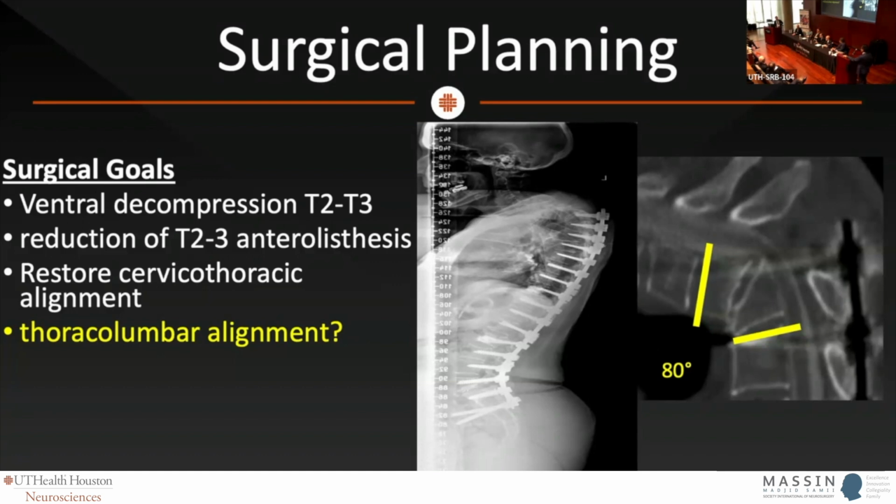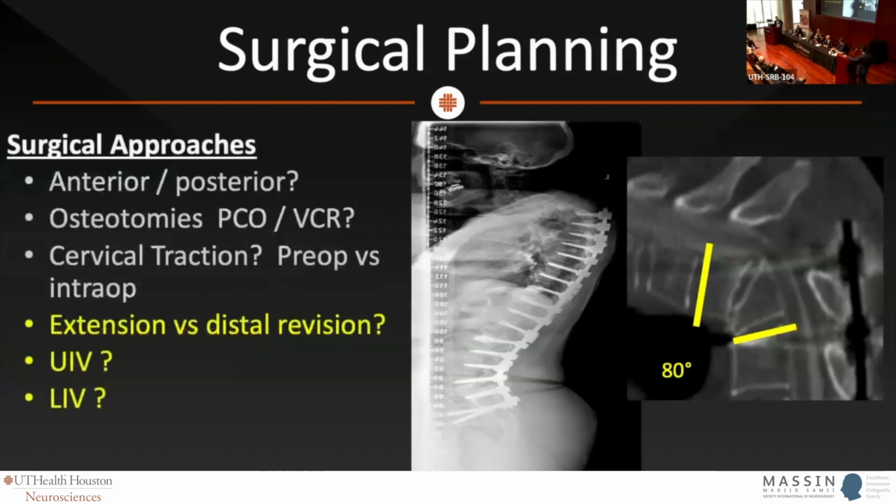And so in my hands, we would be talking about relaxing the thoracic kyphosis and extending the fusion into the upper cervical segment, likely to C2, with a T3 vertebrectomy to restore angular alignment and to relax the spinal cord. That is not an easy operation. That is fraught with lots of disasters, including neurologic compromise on the table.